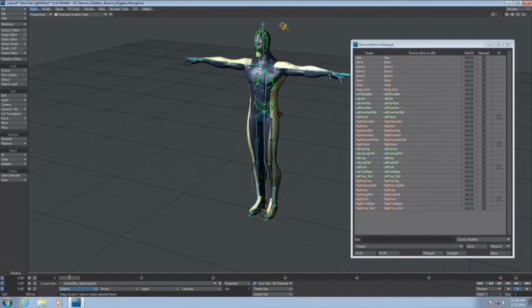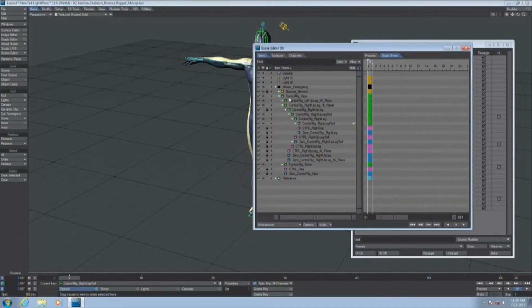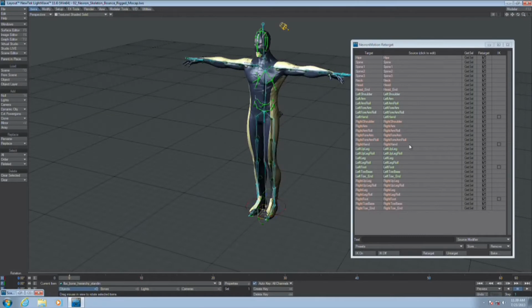For example, if we take a look at this FBX file, we may notice that the bone names are not just hips, left up leg, and so on, but they have a prefix, skeleton underscore V7. If we try to retarget now, it's not going to work, because the names are different. But what we can do really quickly is add a prefix, skeleton V7. So this motion capture data you imported wasn't exactly in a popular format, so you're adapting NevronMotion to use it. Exactly. Now we have changed all the names. If I hit retarget,